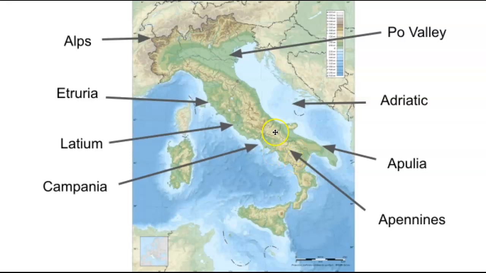So you can see with the Apennines, this big area here. But Etruria, Latium, and Campania are pretty low-lying areas. So if you want to travel within Italy, you're basically going to go down this way. Because going through the mountains, that's just too tough. You want to take the flattest, easiest route if you're going to be moving up and down. Okay. Now this is important when we think of